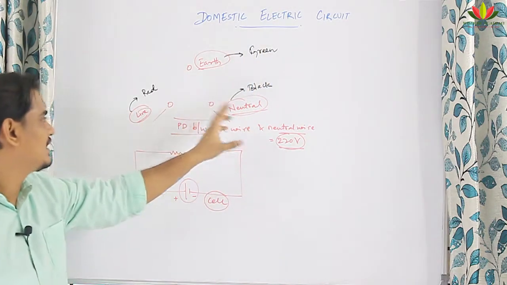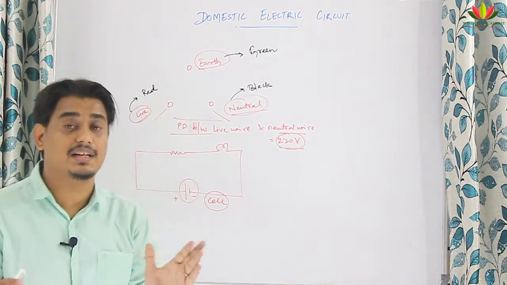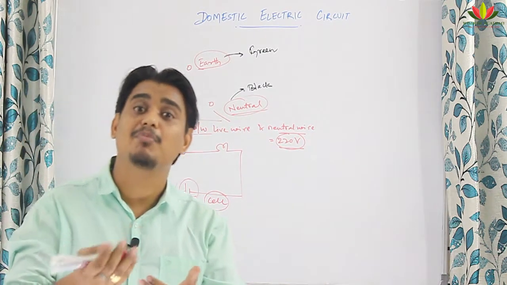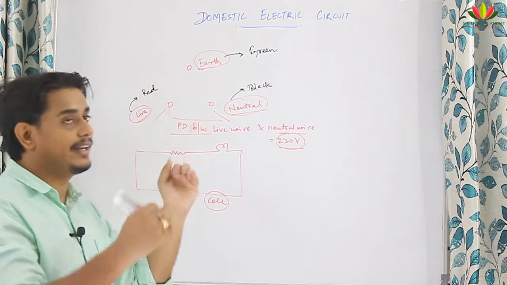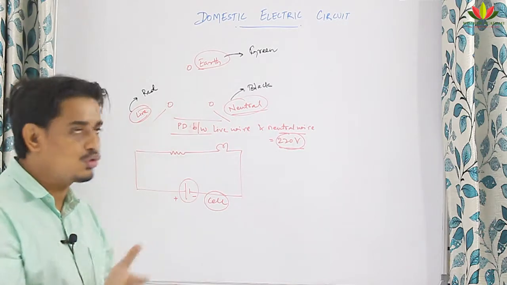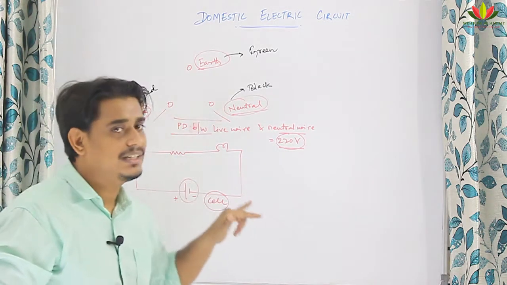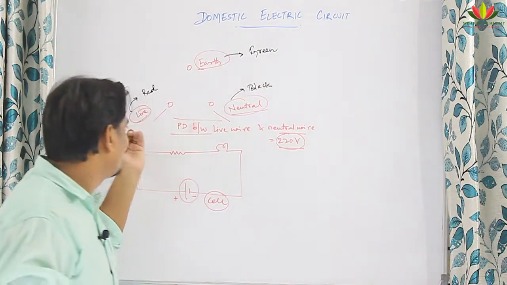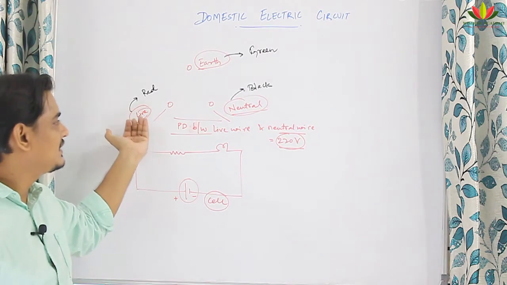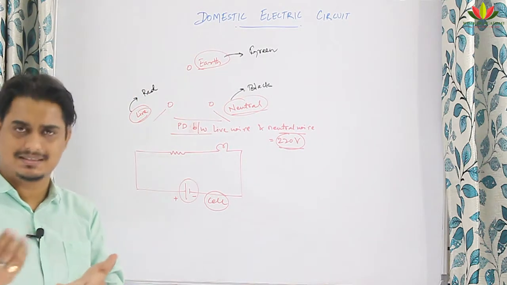So live and neutral, you understand, live wire carries current and neutral wire is neutral in nature, it does not have any current, but it completes the circuit. So only when this live wire and neutral wire are in connection, the current will flow through it and your circuit gets completed. Until these two are connected, your circuit remains incomplete. So when the live wire, which has the current coming inside, gets connected with neutral, only then the circuit gets completed and the appliance starts working.